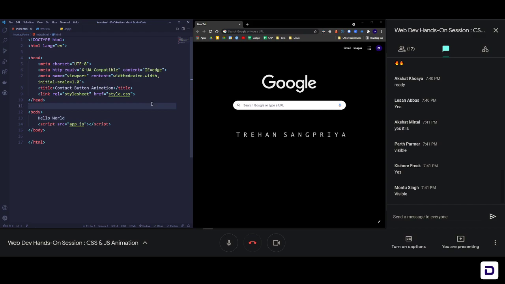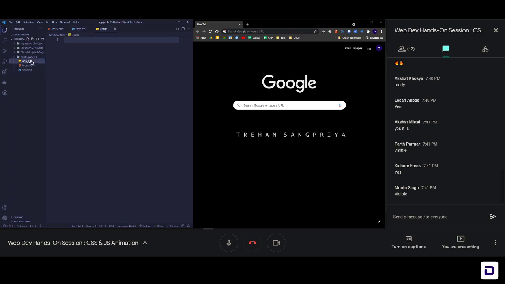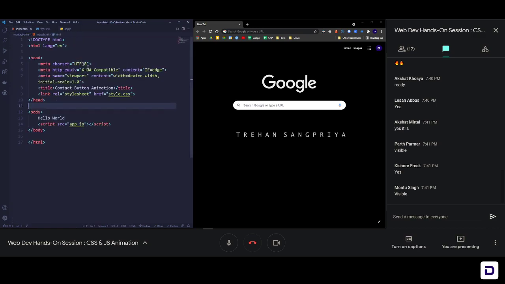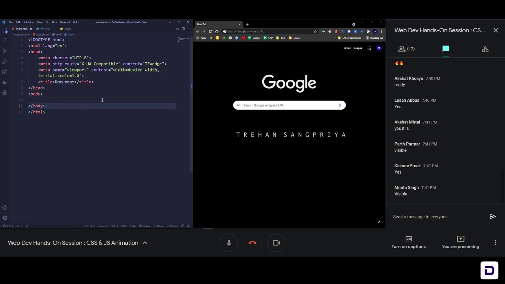As I told you, here I have my code editor towards the left and the browser towards the right. We are having three files here. If I show you the folder structure, we have index.html, then style.css, which is empty, and then app.js, which is also empty. In index.html, all I have done is create the boilerplate code, which you can do by pressing exclamation mark, so Shift+1, and then pressing Tab. You're going to get this code right here. Let me do it for you again: exclamation mark, Tab, and you're going to get this.